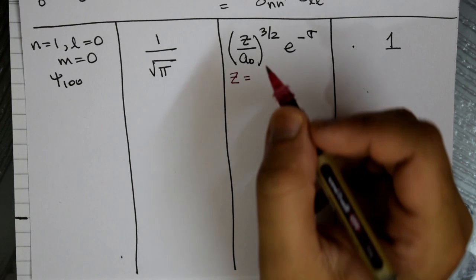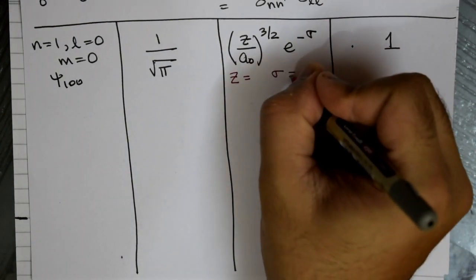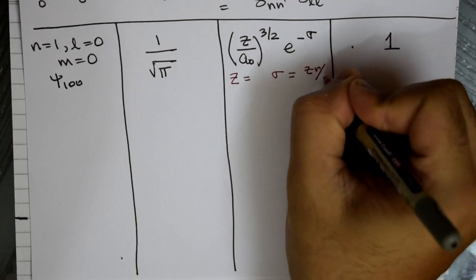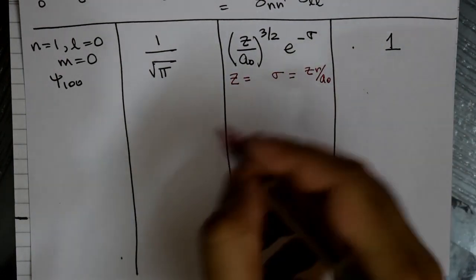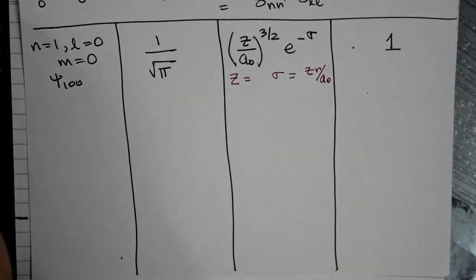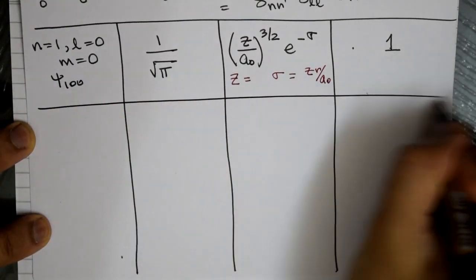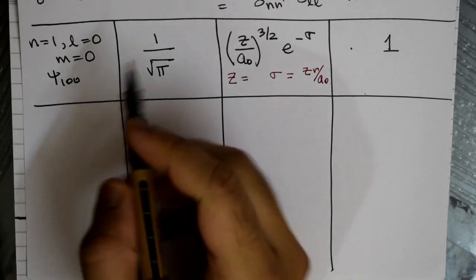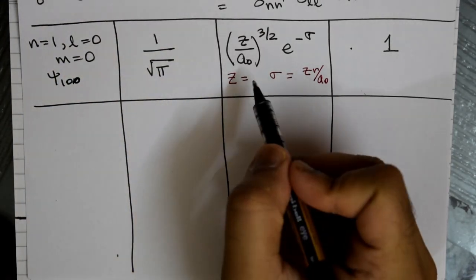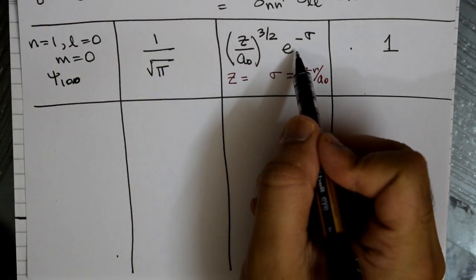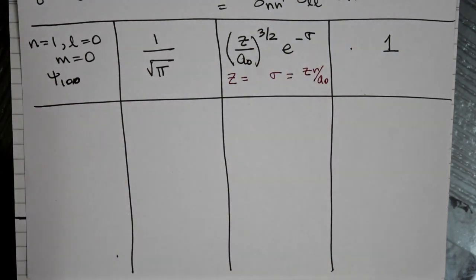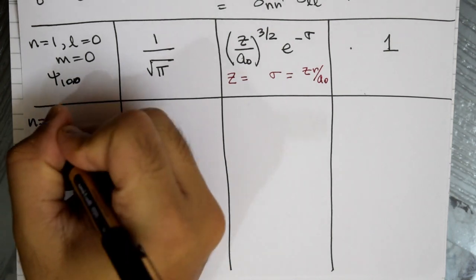So when you have something like that, Z will be given by R, Cr by A naught. Okay, so this will help minimize or simplify the equations further. And the first thing that one has to remember is that the psi 100 has R power 0 dependence and e power minus R by A naught dependence only. Okay, then let's go to the next one, n equal to 2.